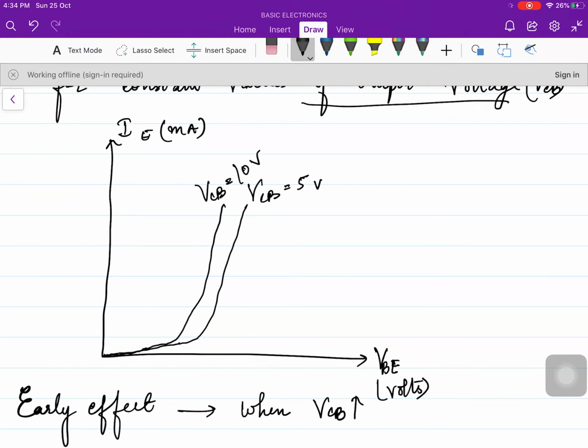Now let's see what about the output characteristics of common base configuration. Output characteristics. For that, again, first of all, let's write the definition. Very simple to remember: graph of output current. What is the output current in case of common base configuration? It is IC versus output voltage. What is the output voltage in case of common base? That is VCB, for constant values of